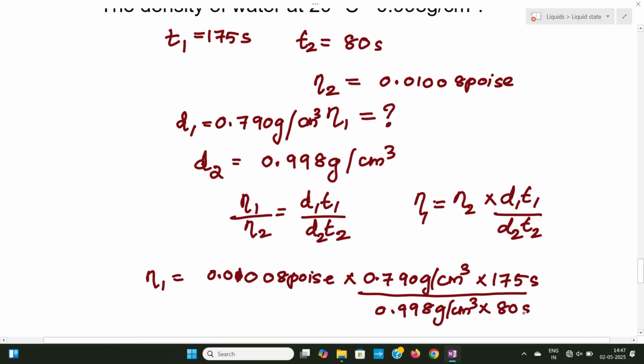When we calculate all these, we will get the final value as